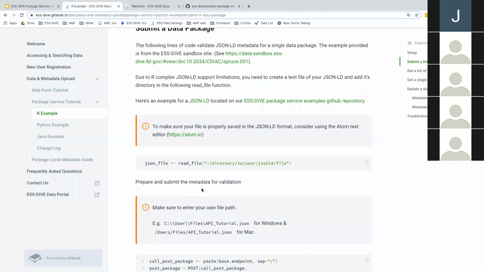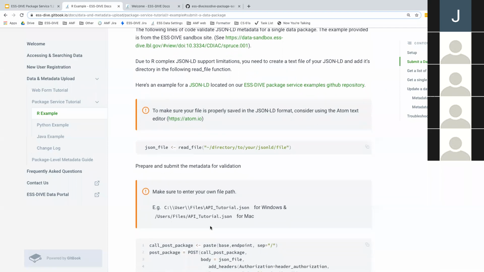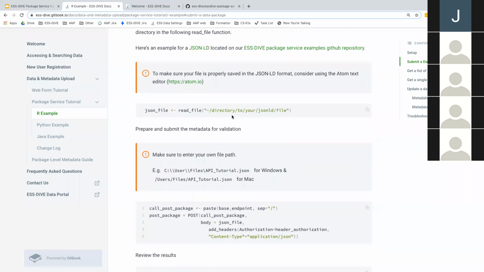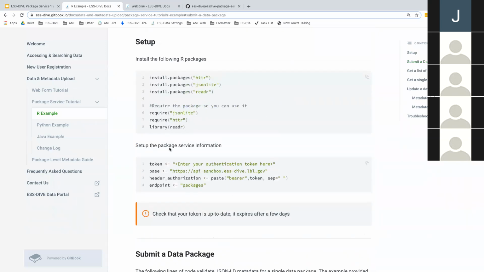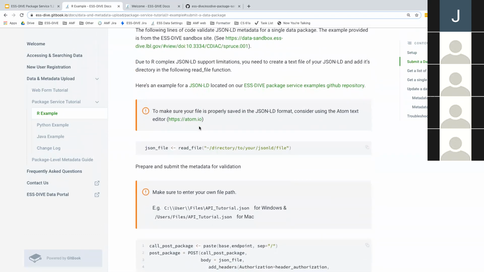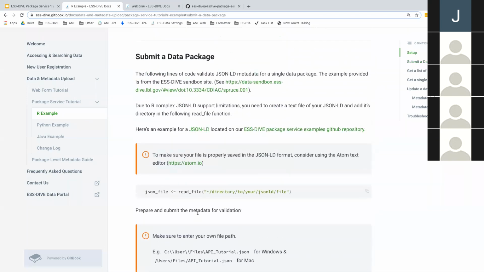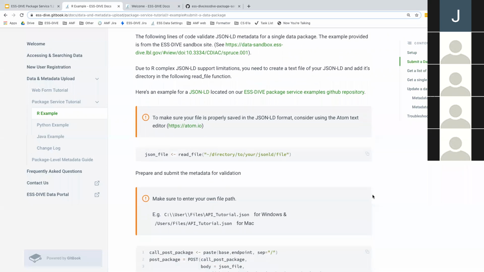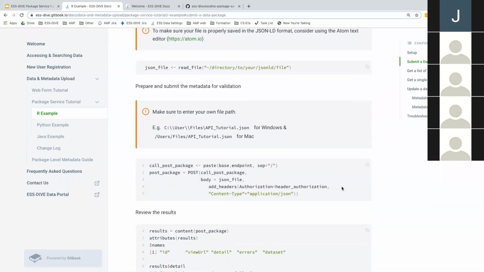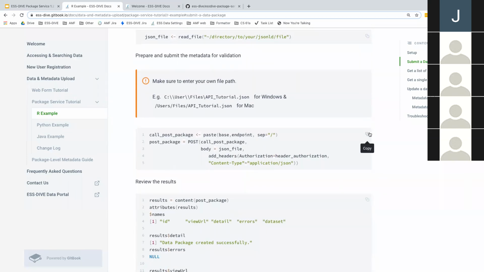So we have full code examples here with helpful little guides. Everything you need to know to set up your code, what packages you'll need to install, and how to run everything from submitting a data package, searching or looking through your data packages, and updating a data package. Through this fabulous new UI that we've set up, users are able to copy code snippets to take to their own environments,